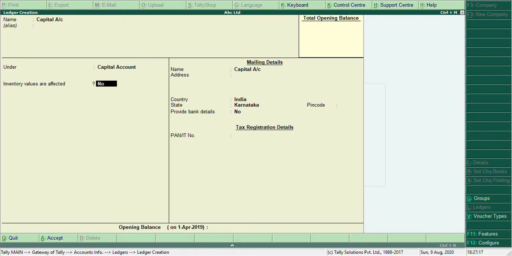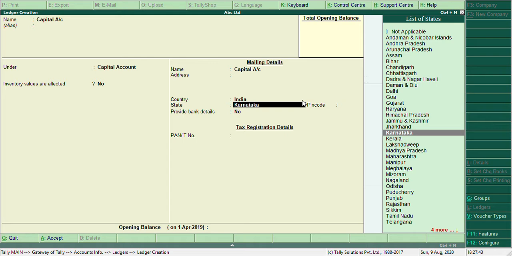The next field will be whether inventory values are affected, yes or no. You have to give no, because inventory values are not affected with this. So give enter. Again the mailing details of ledgers are not required for capital account.